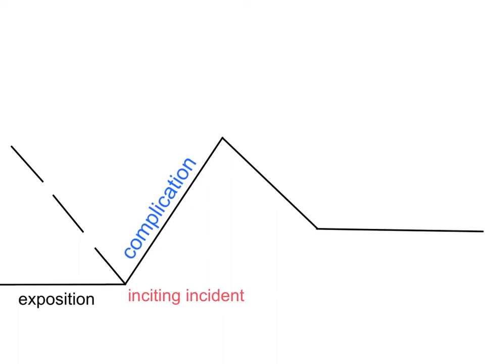We then have the next part of the story, which we know as the climax. We then have this line going down, often referred to as the falling action, but we refer to it as the